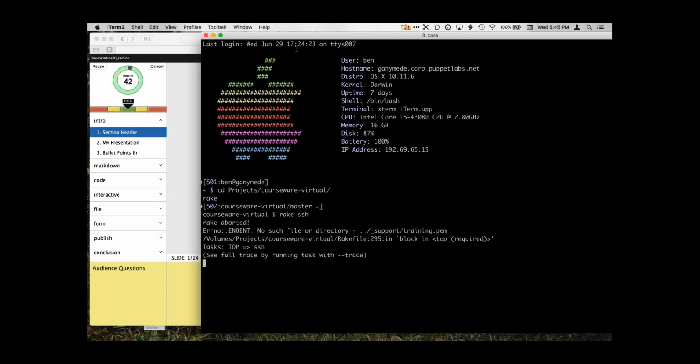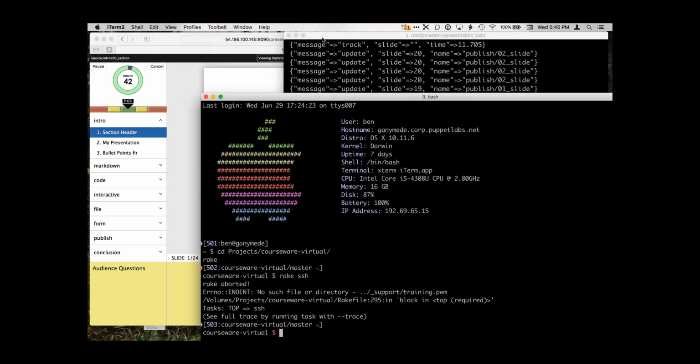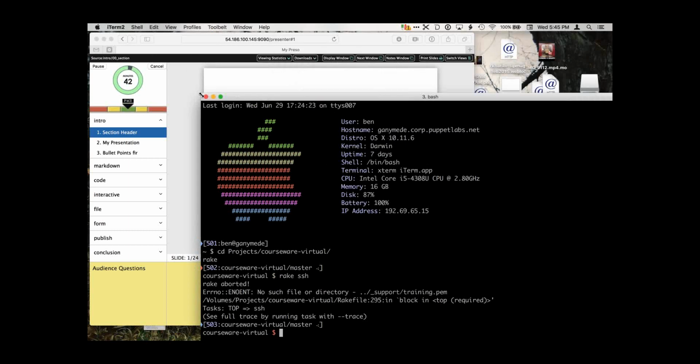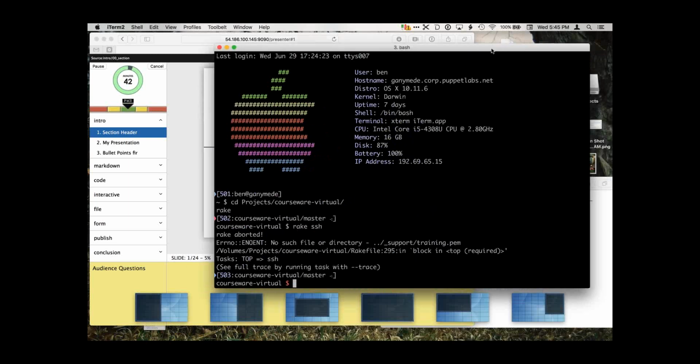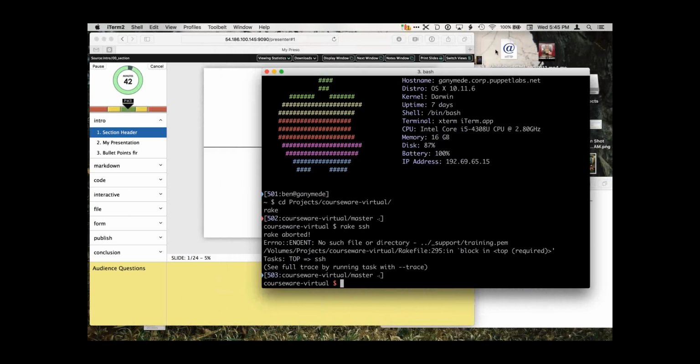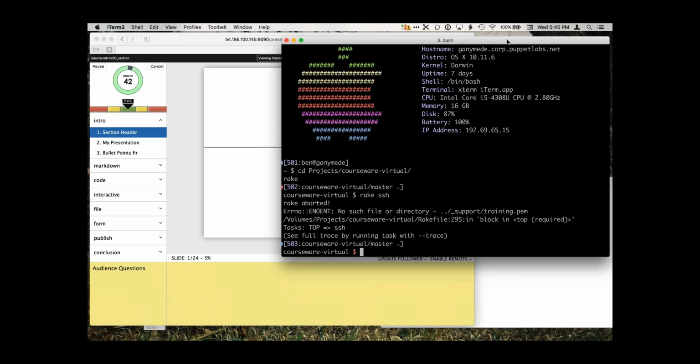Hey Ben, this is Damien. While you're doing that, I've got a couple questions from the audience. Okay. Are there any specific browser requirements? And is this just pure HTML5? It is HTML5. Browser requirements are basically anything that's not ancient IE. So if you're running anything relatively modern, anything that is currently supported, it should work. We recently dropped IE10 support. Microsoft has end-of-lifed everything that's not IE11 or above. Cool. Thank you.